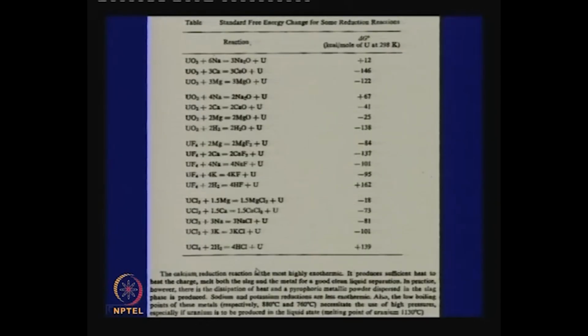Only when you have that, further purification will produce a pure oxide. From that we can produce a fluoride or chloride, and then we can think of reducing the oxide or the fluoride by some metal. There we have to take into account where the free energy change is more, where the exothermic heat available is more,